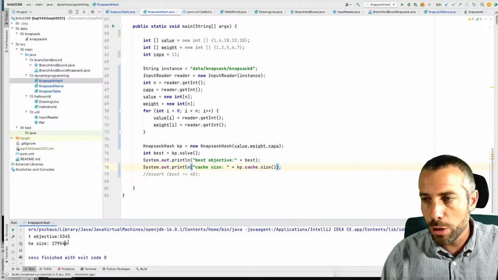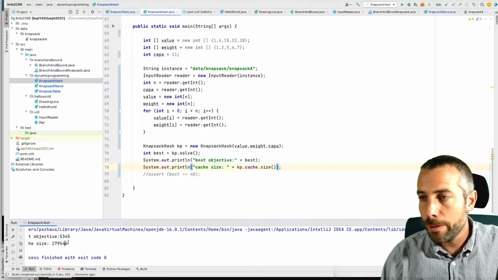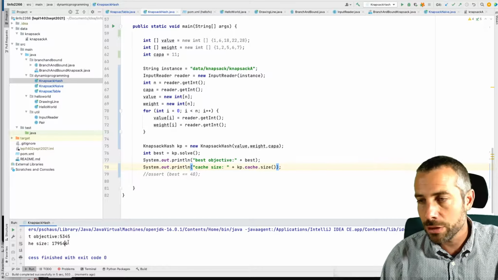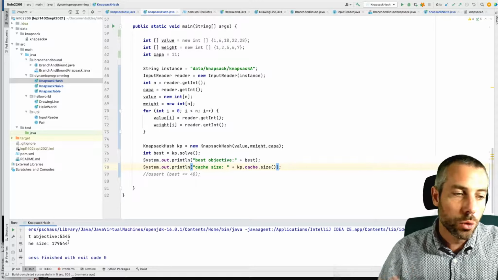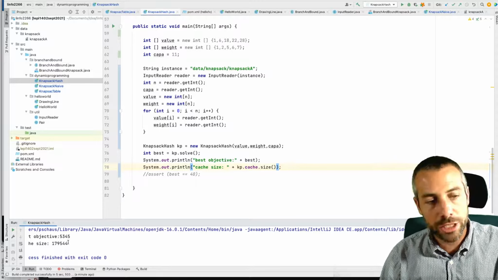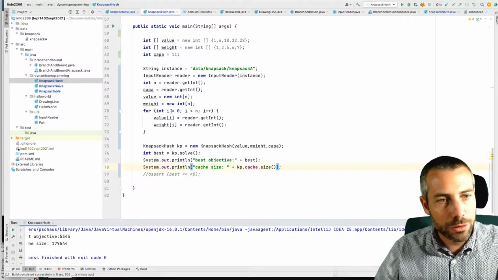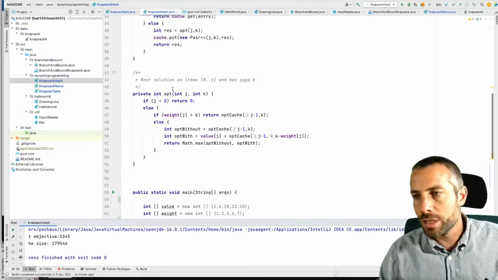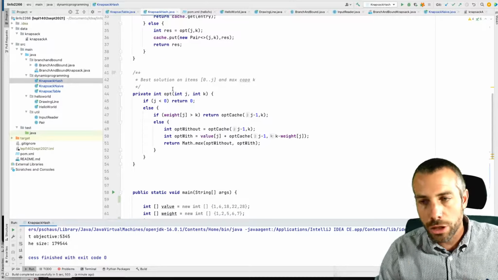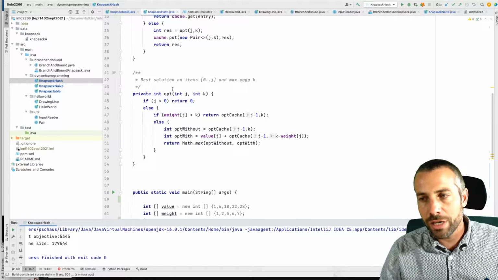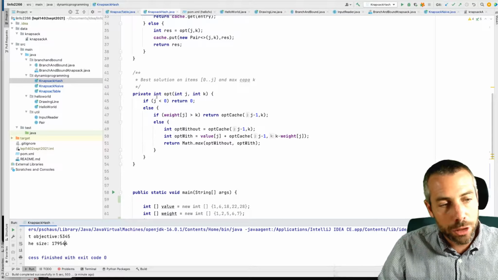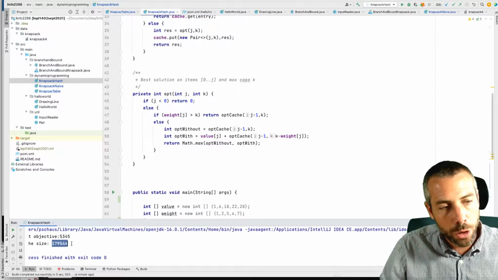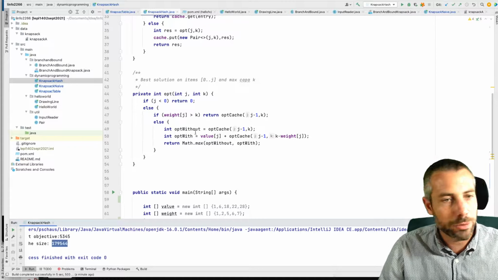The size of the table was at least 5,000 times the capacity times the number of items, 50, so it was at least 250,000 entries in my table. So by using this hash table, which is a kind of lazy storing of the required values compared to the table version, I'm able to spare a little bit more computation.